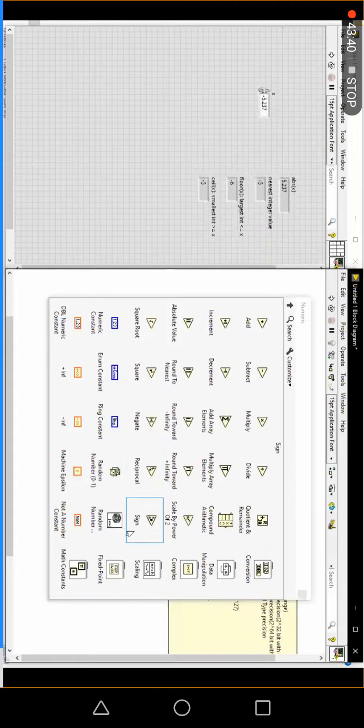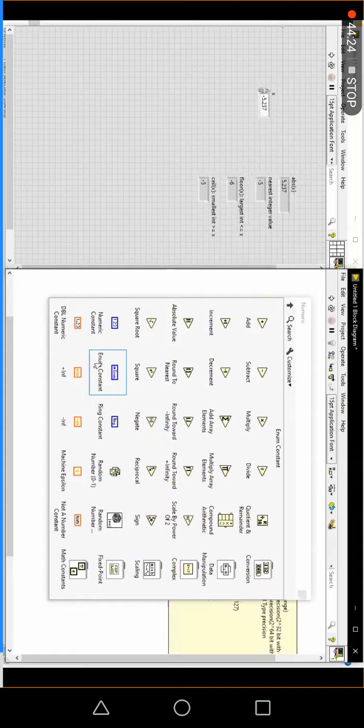What about the sign function? The sign function is very simple. It checks the sign of the given input number, and you get only three outputs: minus 1, 1, 0. If the input is a negative number, the answer will be minus 1. If the input is a positive number, you get 1. If the input is 0, the output is 0. These are available, and constants are also available: the integer i32 constant, dbl constant. The enum we will discuss later in class. These are the things available in numeric.